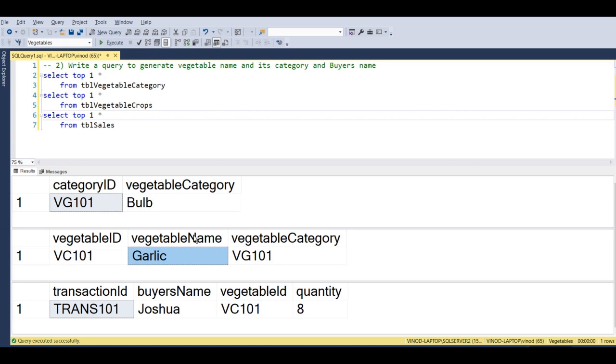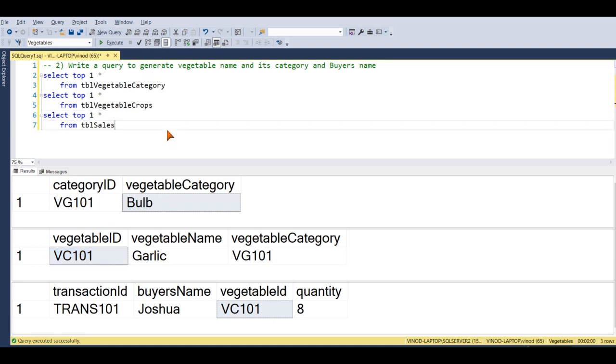What about the category? It's over here. And what about the buyer's name? It's over here. These two tables we already joined, based on vegetable category. Now, how do we join the third table? To join the third table, we have to join using vegetable ID.